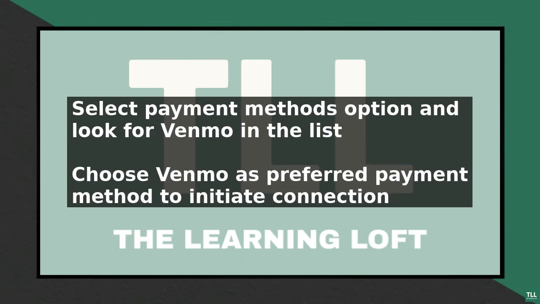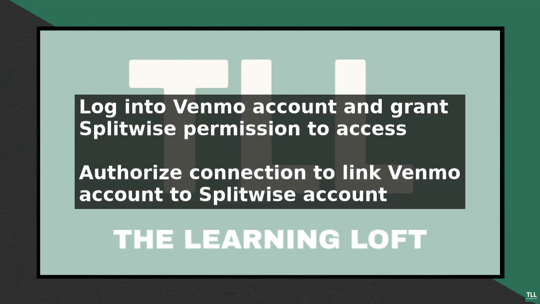Select Venmo as your preferred payment method, and you will be redirected to the Venmo website to authorize the connection between your Venmo and Splitwise accounts. You will need to log into your Venmo account and grant Splitwise permission to access your account information. After authorizing the connection, you will be redirected back to the Splitwise app, where your Venmo account should now be linked. You can verify this by checking the Payment Methods section, where Venmo should be listed as one of your